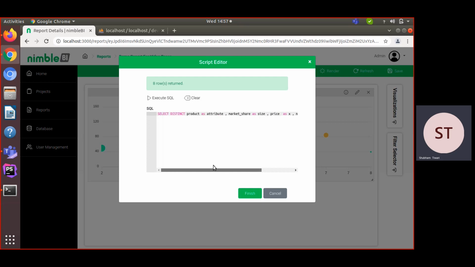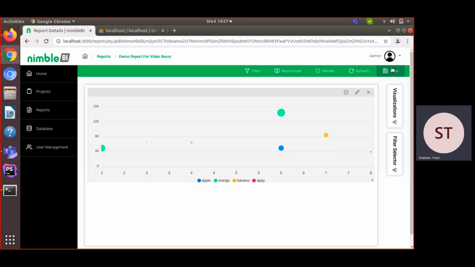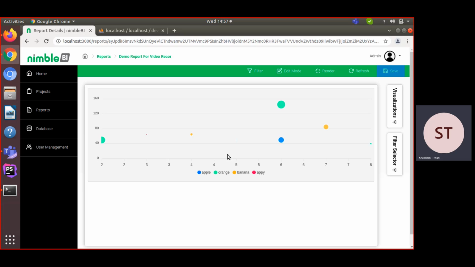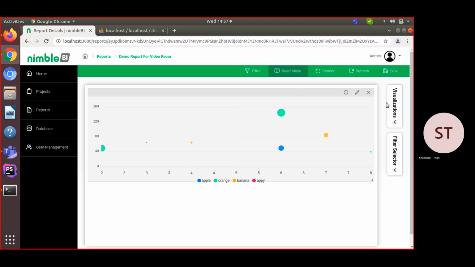So like you can see, it has a different SQL query: select distinct product, attribute, market share, size, price, X. So you have to create four data JSON variables. Here you can see first is our attribute, second is size, third is X, and fourth is bar. Okay, and again save it and reload it. So again it's working. So again I am cleaning this.